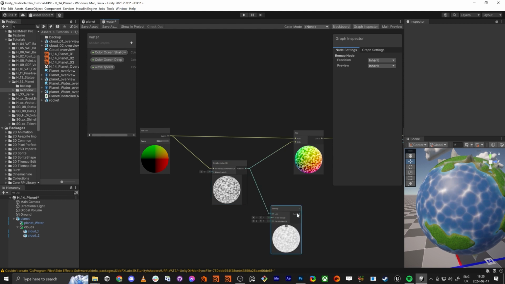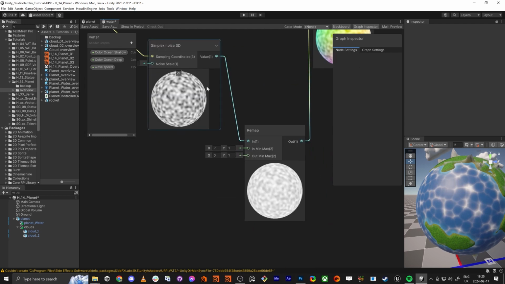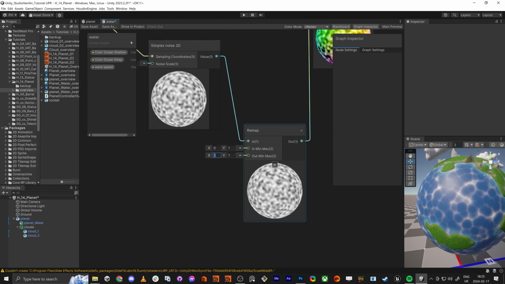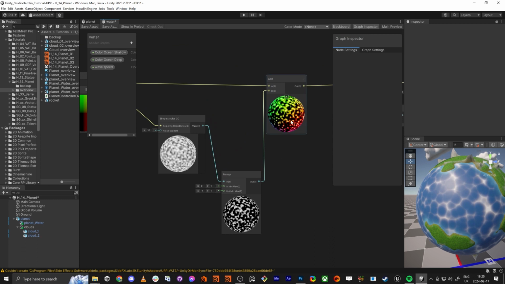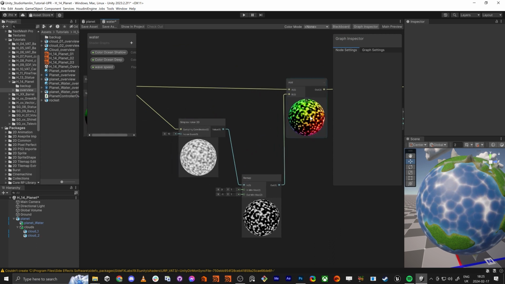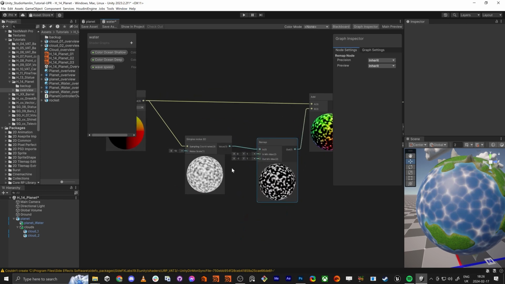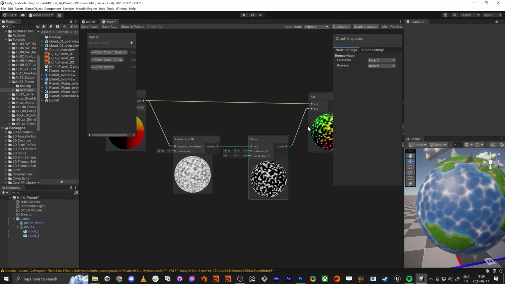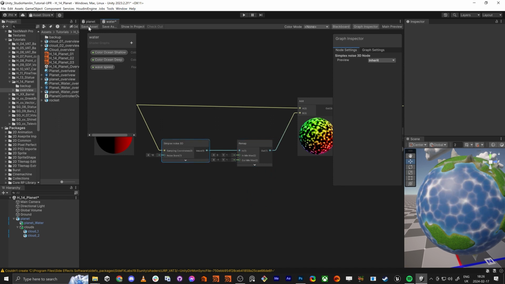So now the output from the noise is 0 to 1 and the output is -1 to 1. So this means it either offsets positive or negative. Unfortunately only in a diagonal axis, but that's good enough. So if we just save this one,